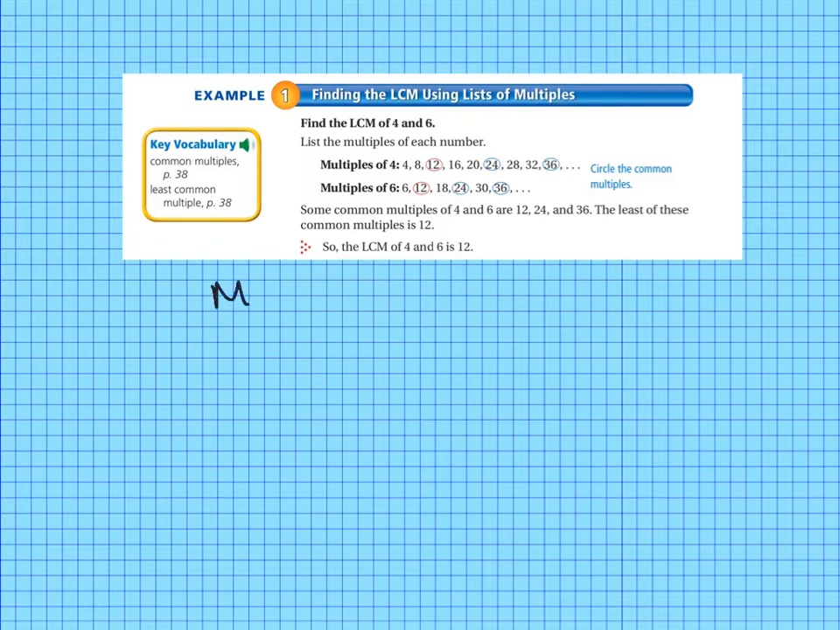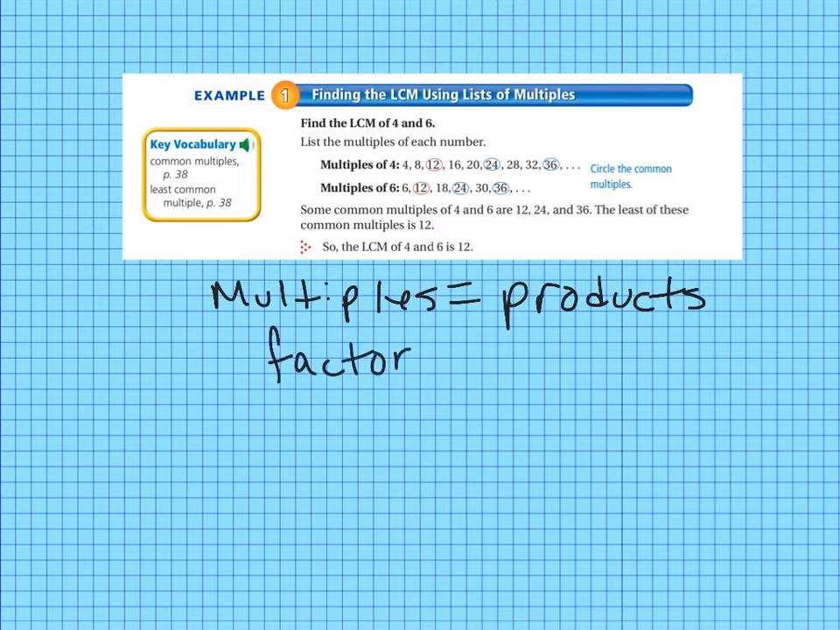So multiples are products, and a factor times another factor equals a multiple. So when we're looking at multiples of 4, we start with 1 and we say 4 times 1 is 4, 4 times 2 is 8, 4 times 3 is 12, 4 times 4 is 16, and so on and so